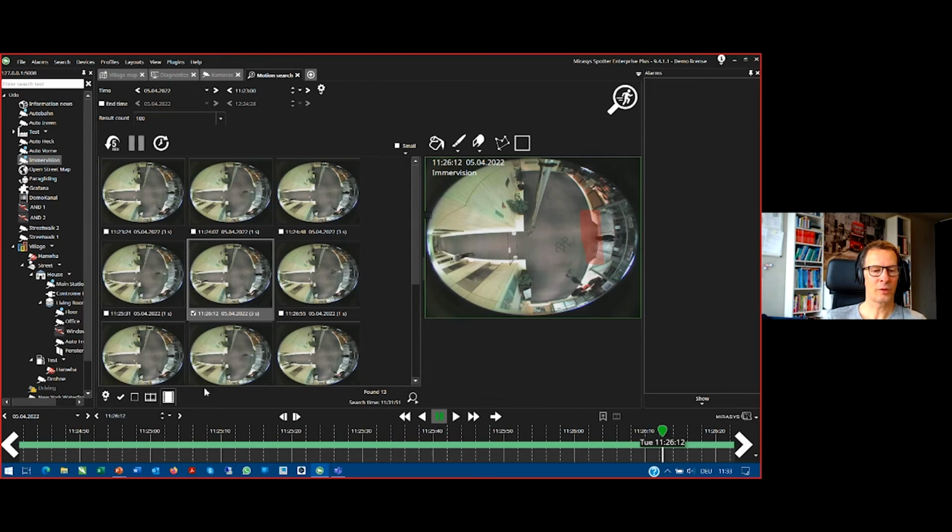Yeah, so you can do exports here as well. You can also select additional stuff here, and then you can add them to the storyboard, because you can only export single video streams, but in the storyboard you can have multiple video streams. Clear them all, okay. And then you have also here the adjustment of the seconds before motion and seconds after motion that need to be replayed when you're clicking on the thumbnail. And this is only working when you have constant motion, or if you have motion recording, for example, then it could happen as well with pre and post recording.